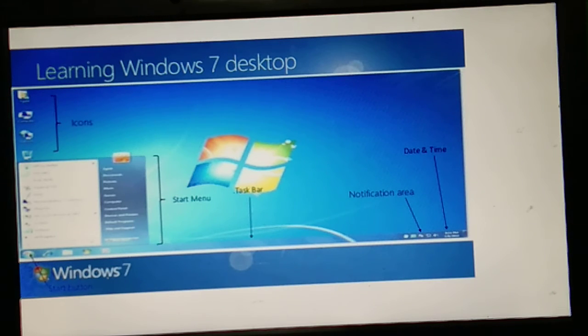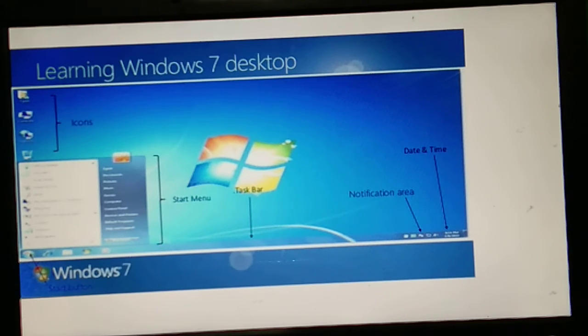So this slide shows you the working of the various files included in the Windows 7 desktop. Basically, this slide shows you a picture of a desktop, how the desktop looks. It consists of various types of icons, start menu, taskbar, start button, notification area, and date and time icon.